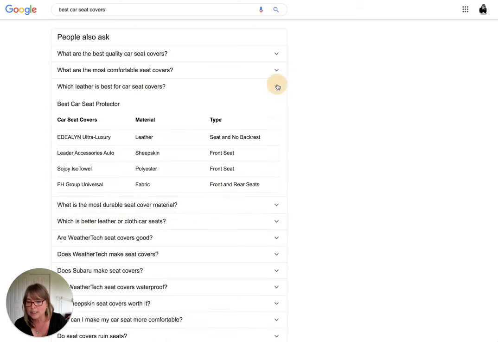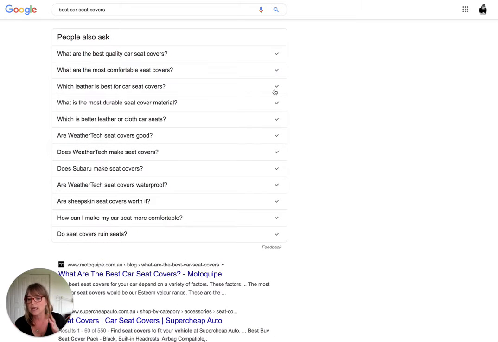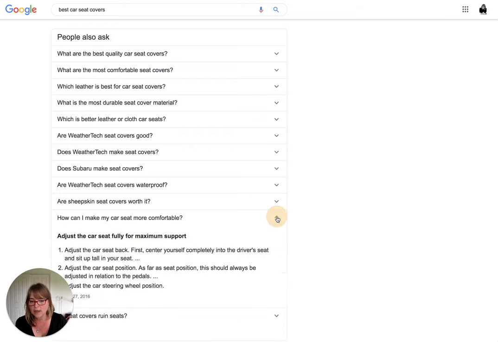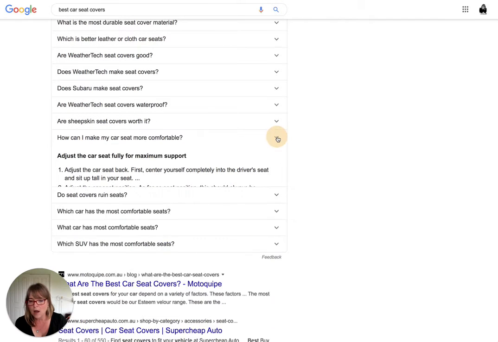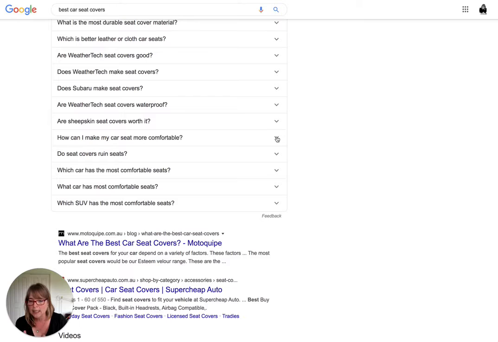In my experiments, if I clicked on something not related, the related questions seemed to move away from the original topic.